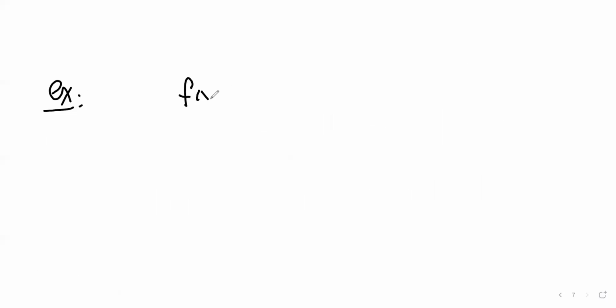So let's say f of x equals 5x minus 3, and we want to find the inverse. I don't really have to prove it's one-to-one, because this is a linear function, and linear functions are straight lines, so they're always one-to-one. Okay, so step 1: